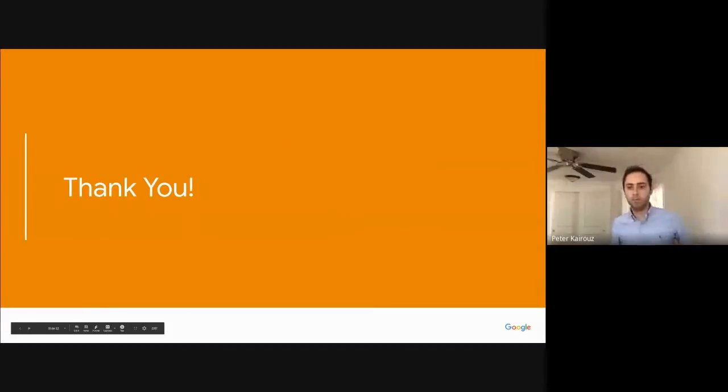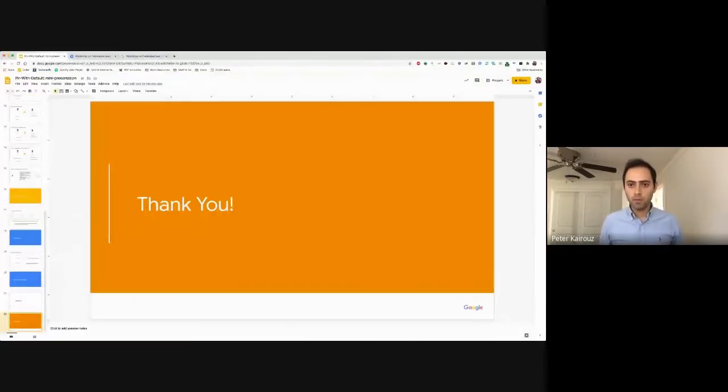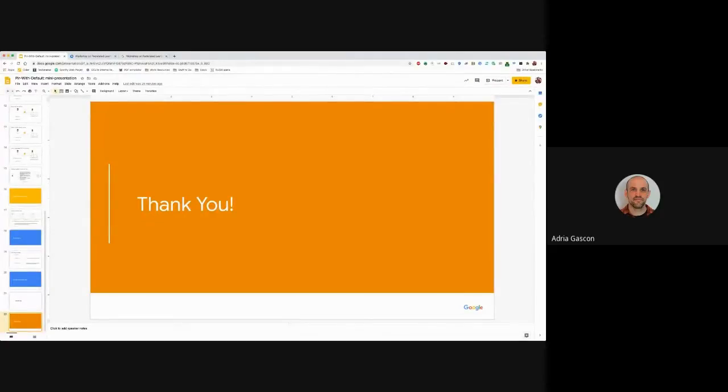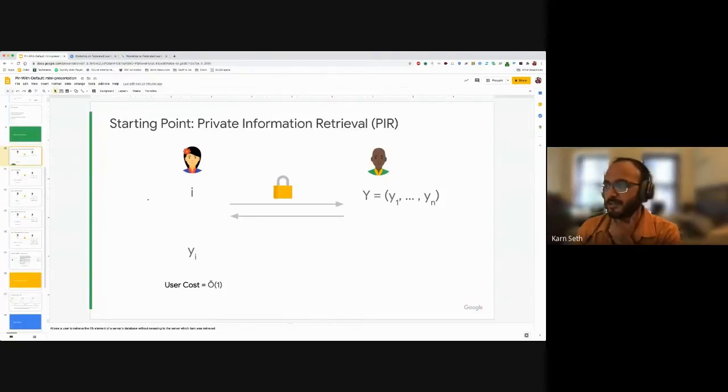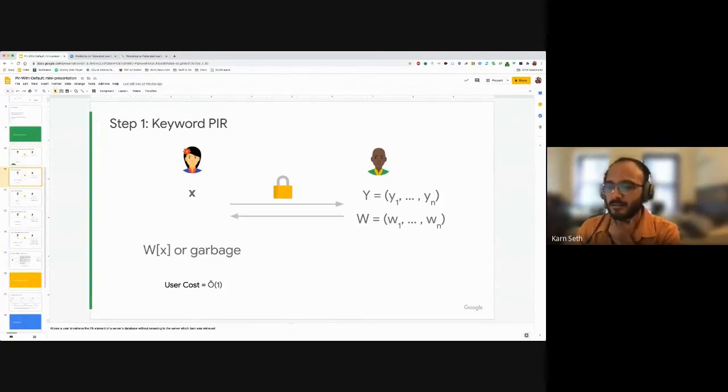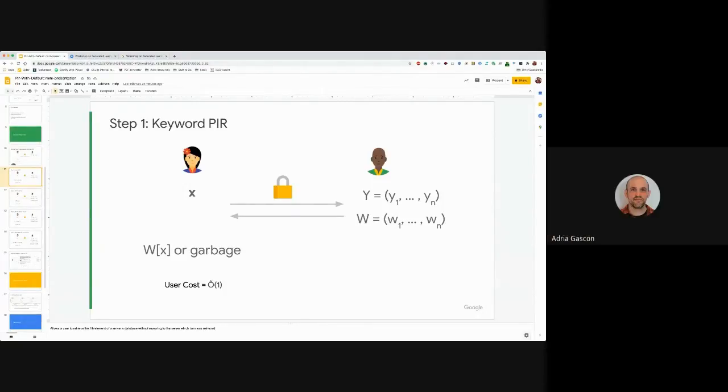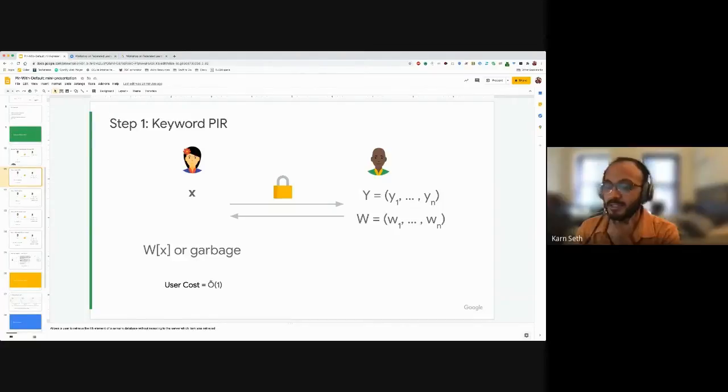Thanks, Karan. Do we have questions for Karan? So, Karan, is the domain of the indexes arbitrarily large? Like, are these 64-bit numbers? Yeah, we think it's exponential, so 2 to the 64 domain or something, 2 to the 120. So it's exactly like querying a map data structure. Exactly.